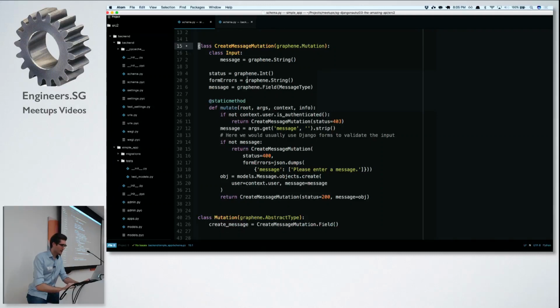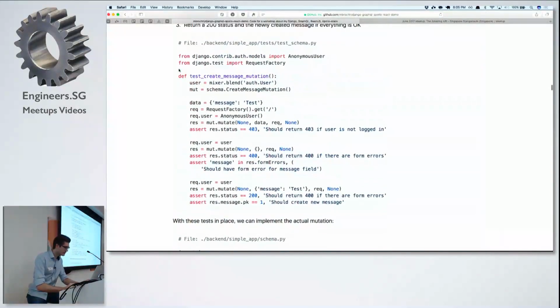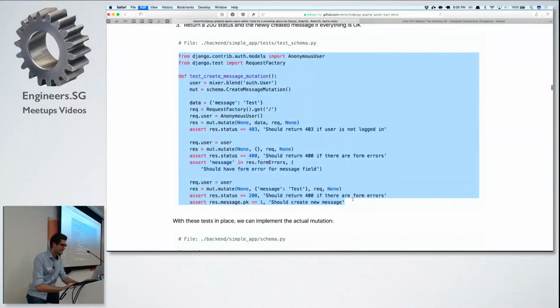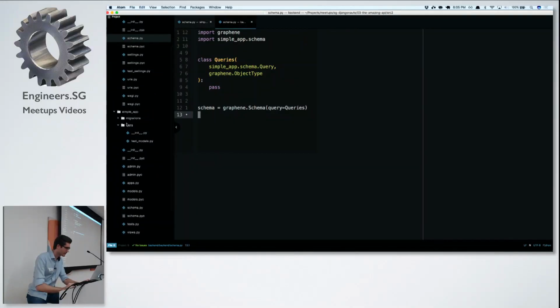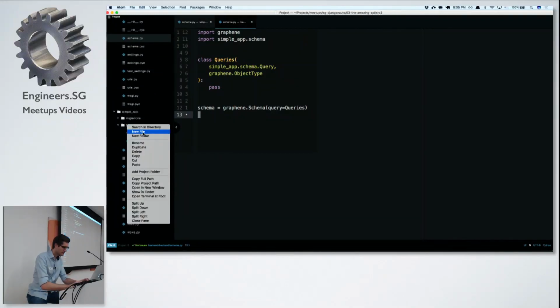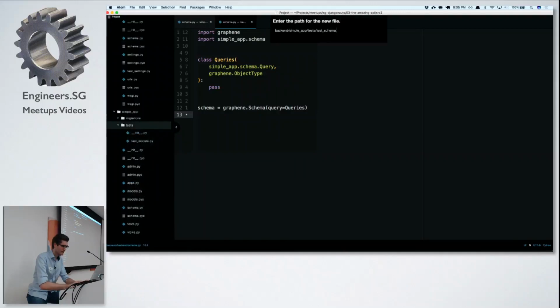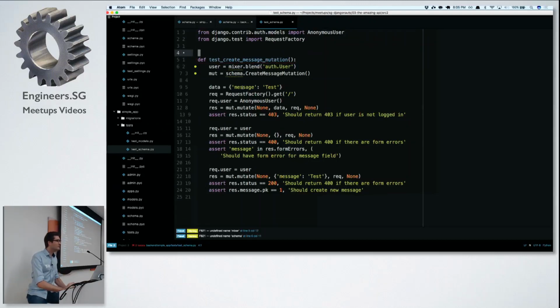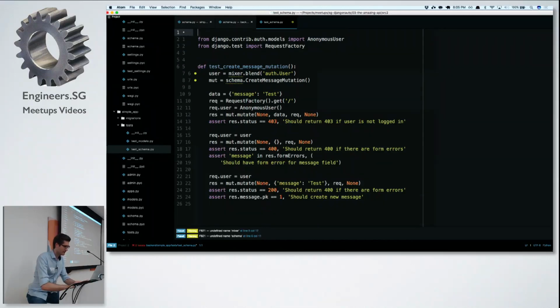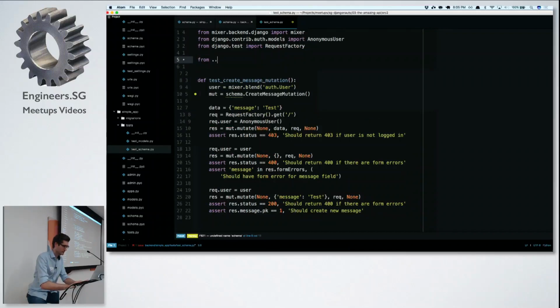All right, so now we have this mutation. Let's have a look at test, because it might not be super obvious how to test this. Oh yeah, I need to create a new file, test_schema.py. So just quickly, people ask me, how do I test this? And it couldn't be any easier. Oh wait, I forgot some imports. From mixer.backend.django import mixer, and then from